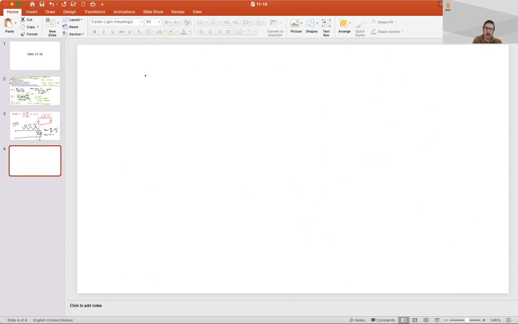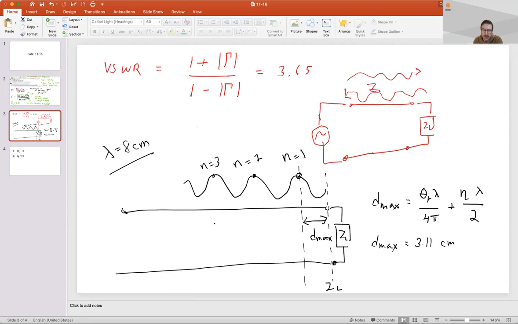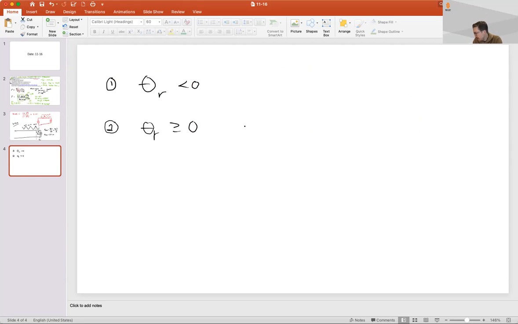The reflection coefficient has two possibilities. One, you can have a reflection coefficient that is less than 0, or two, you can have a reflection coefficient that is greater than or equal to 0. And this is essentially going to be shifting what the starting location of this wave is. And so this d max,